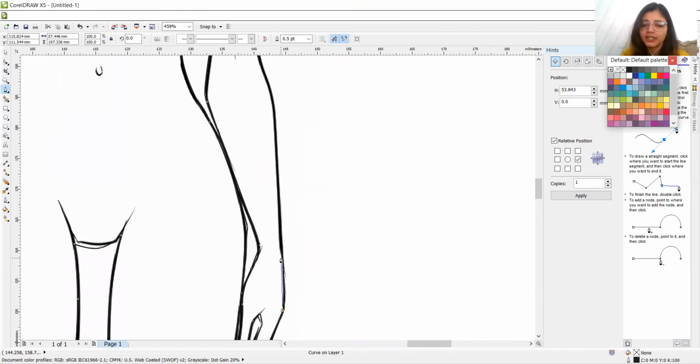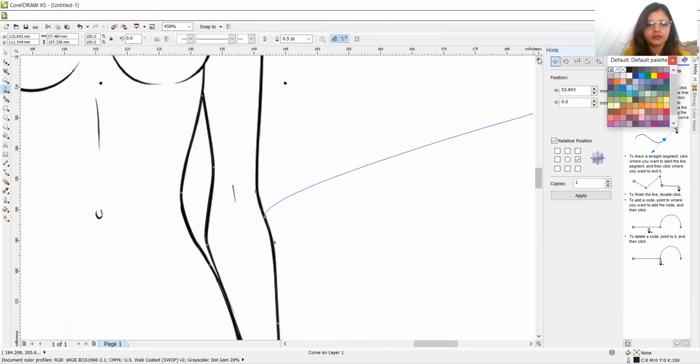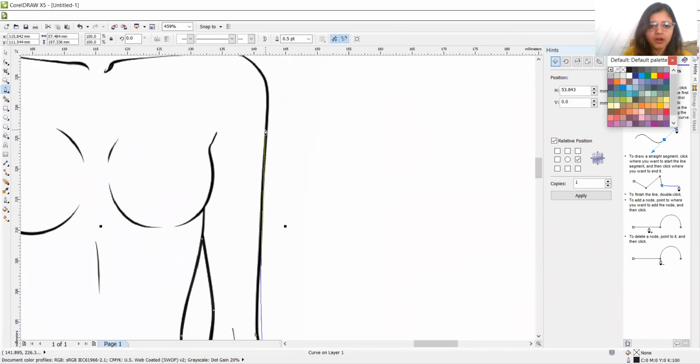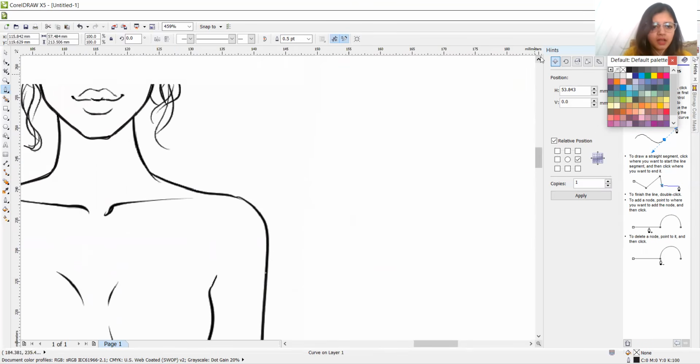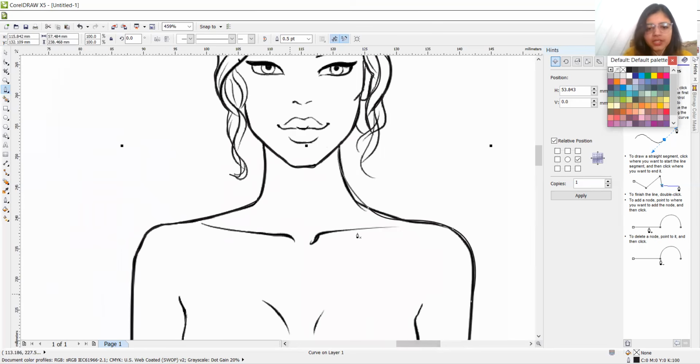Wherever there are complicated detailings, it doesn't matter, it's a design, it's a croquis or whatever it is. If there are complicated and too many detailings, zoom in and just trace each and every part. So we are almost done here, and we'll then fill the inside detailing of the croquis like the collarbone and the bust area, that is important too. So the outline is done, and let's just make the inner side detailings like the collarbone.